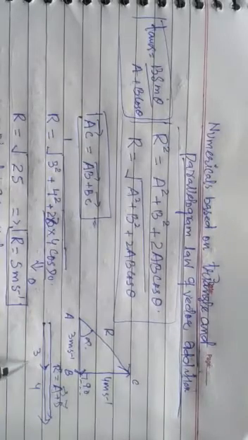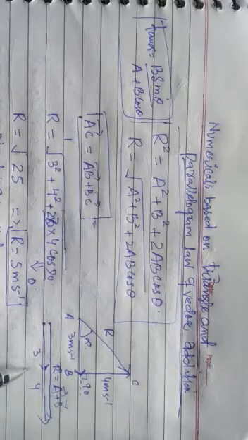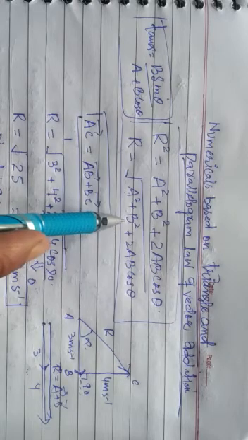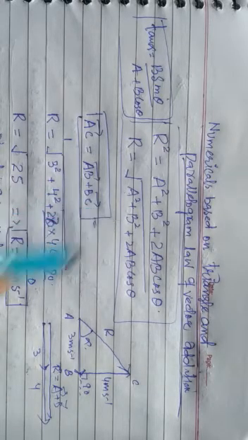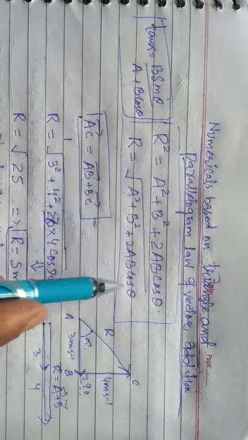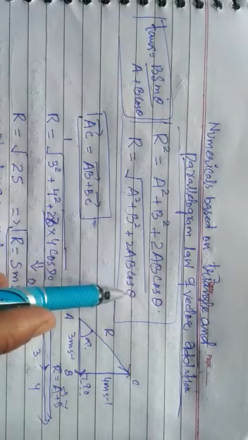But here the resultant comes out to be, if you use this formula and this data, a square will be 9, b square will be 4 square, plus 2ab cos of theta. But what is theta here? The theta here is 0, because both are in the same direction, so the scenario was totally different. It will be cos of 0, cos 0 is 1.